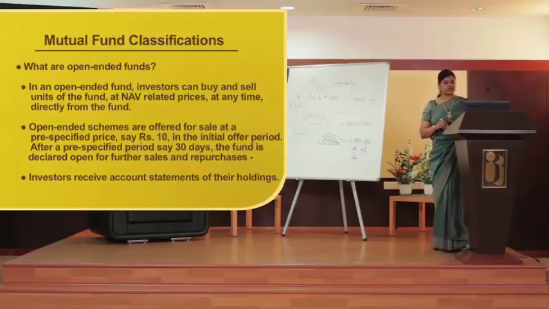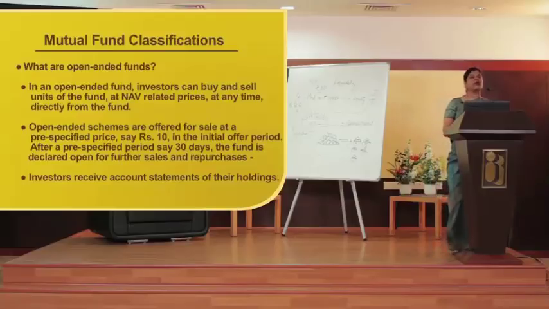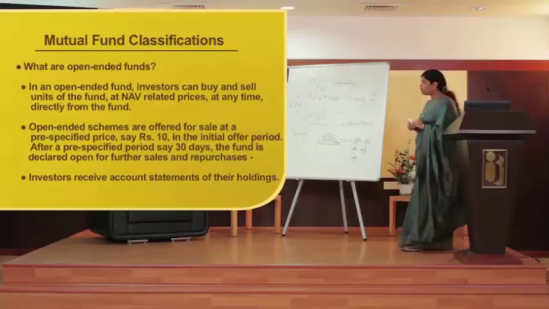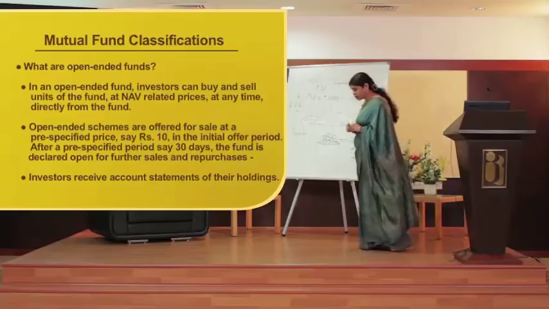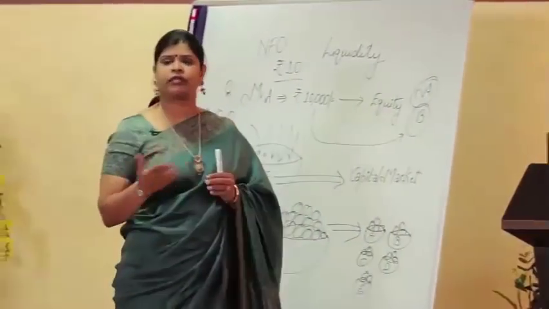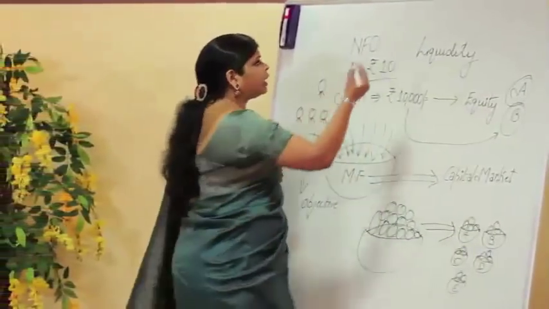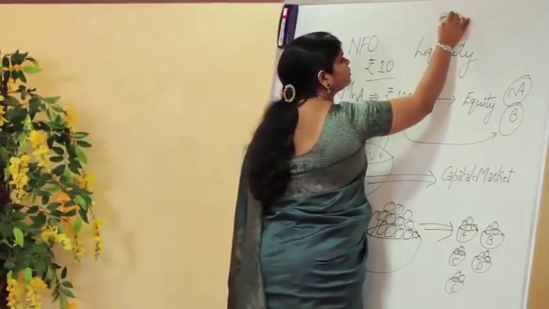Investors receive account statements of their holdings. The number of outstanding units goes up and down. The unit capital is not fixed but variable. The corpus of an open-ended scheme changes every day. Why does it keep on changing every day? Because let's say there were in all 10,000 units,